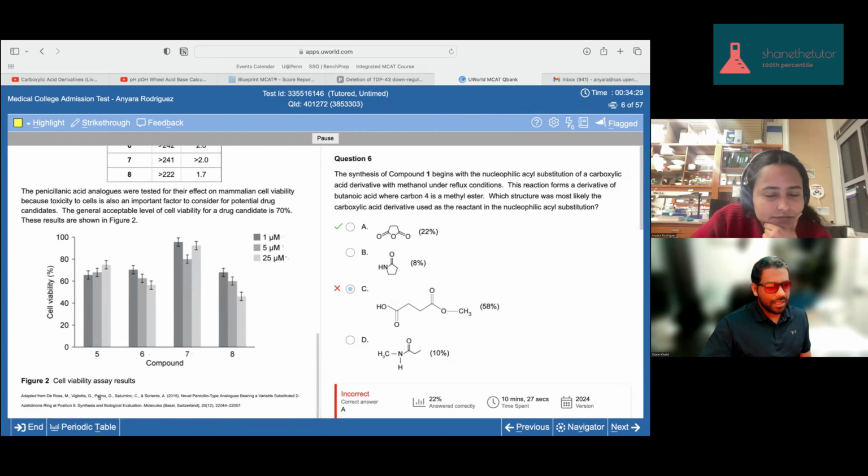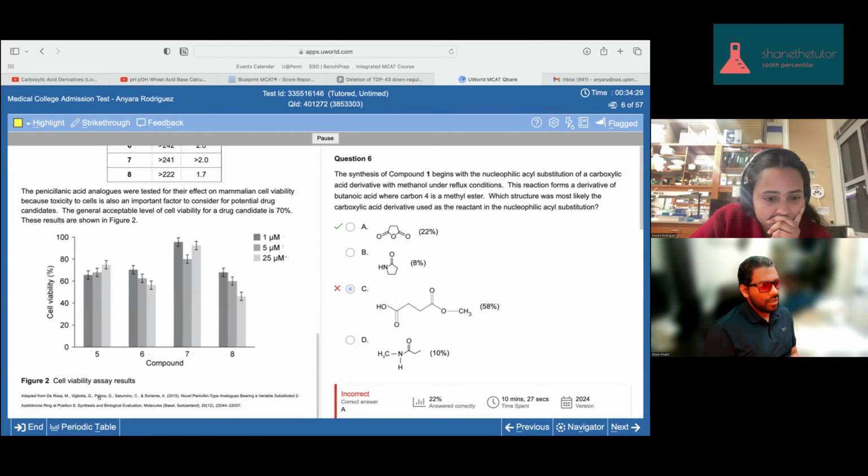Evaluate each keeping it constant. So I'm going to just do it for 1 micromolar. Compound 5, it's around here. Compound 6, it's pretty much the same. Compound 7, it's higher. Cell viability is higher, which means I guess it's not killing as much. Then 8 is pretty much the same as 5 and 6. So it seems like compound 7